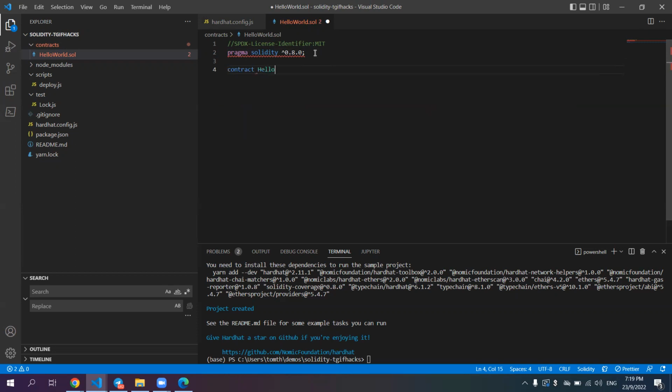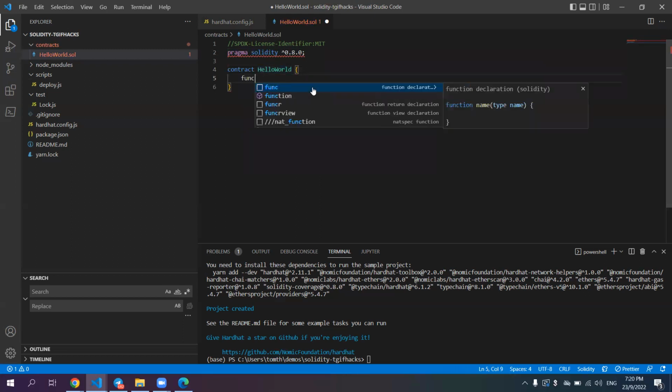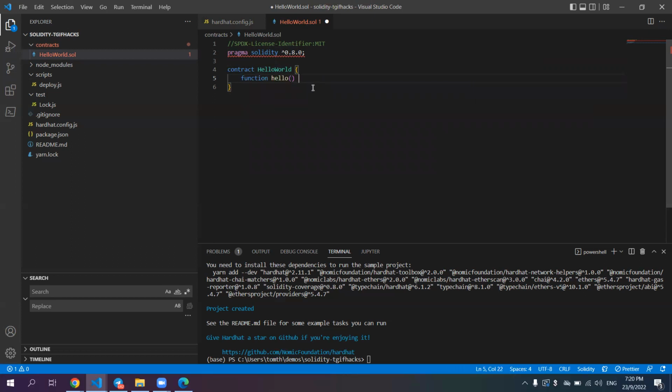And then we're just going to, so this is actually our contract name that we've given to our contract. Then we're just going to type in a simple function called hello. And then this is a public function. And it's going to return,